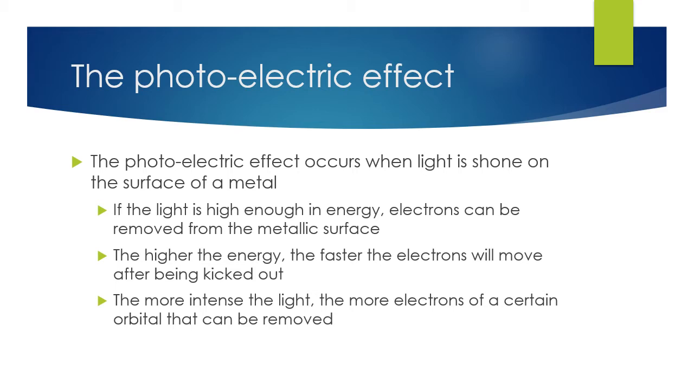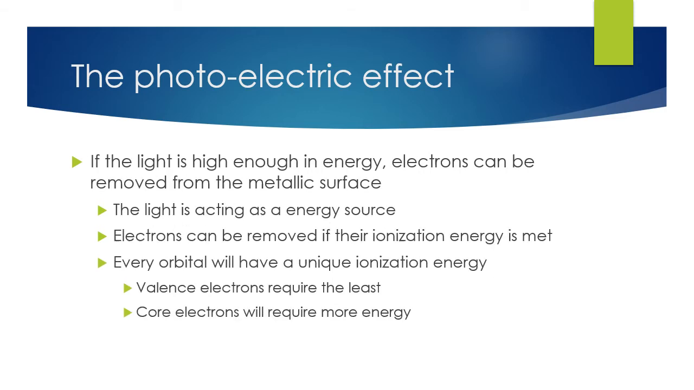Let's look at each of these bullet points in a little bit more depth. If light of a high enough energy is applied, electrons can be removed. In this case, the light is going to act as an energy source for the ionization energy of the electron. A reminder that every orbital will have a different ionization energy. Usually we talk about the ionization energy of just the first valence electron, but all those who are in the